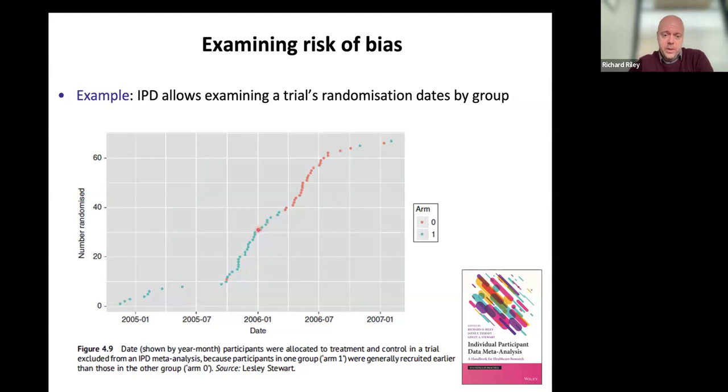Now, clearly we can see that most of the first year, the blue group was the group that was randomized to, and then after that, it was mainly the red group. So clearly something's gone wrong here. This is not at random. What it is, we don't really know, but maybe there was an issue with the supply of the control group or the treatment group, which meant that they couldn't be given it until after a particular date. So this was revealed by the IPD and wouldn't have been known without the IPD.